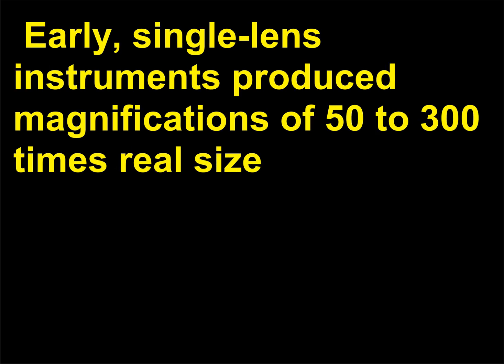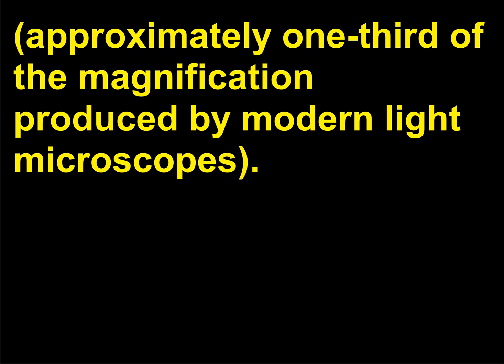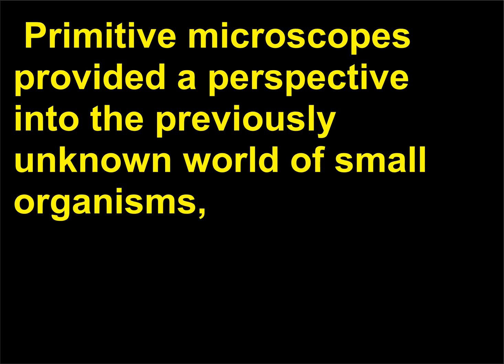Early, single-lens instruments produced magnifications of 50 to 300 times real size, approximately 1/3 of the magnification produced by modern light microscopes. Primitive microscopes provided a perspective into the previously unknown world of small organisms,